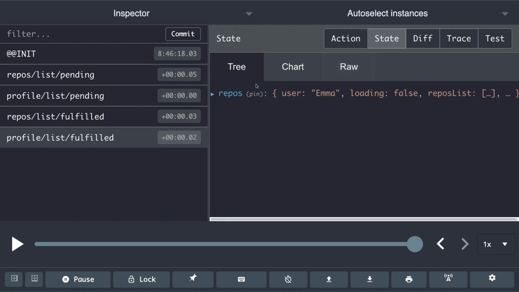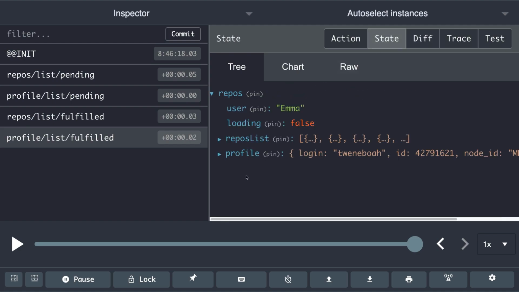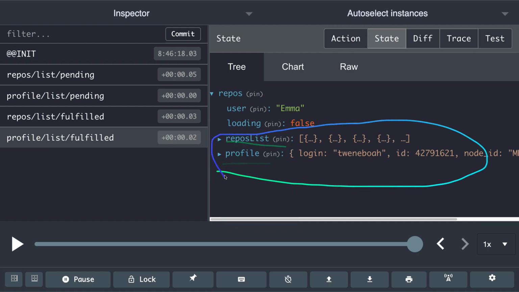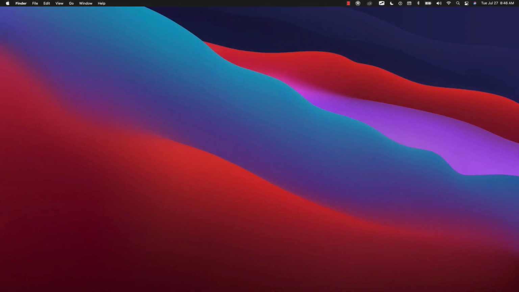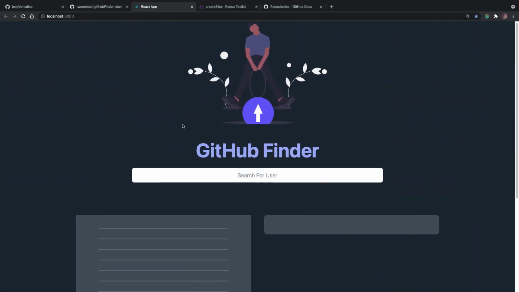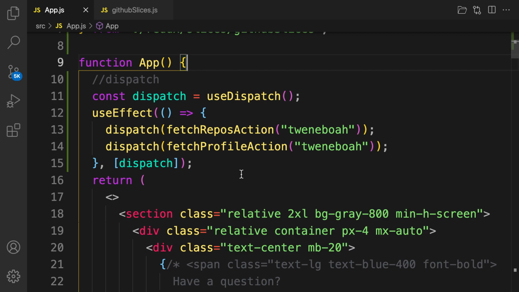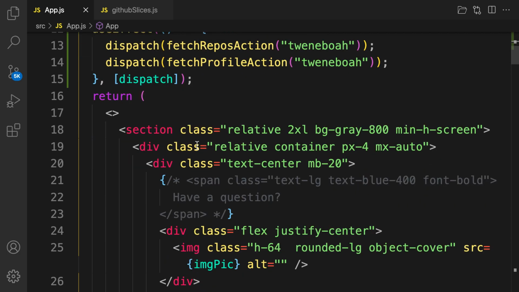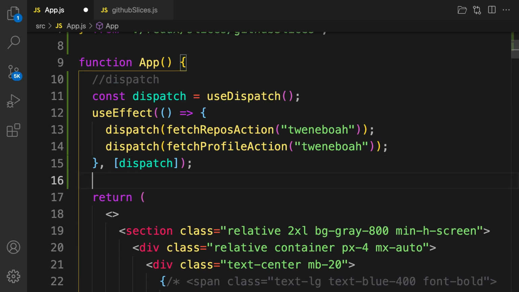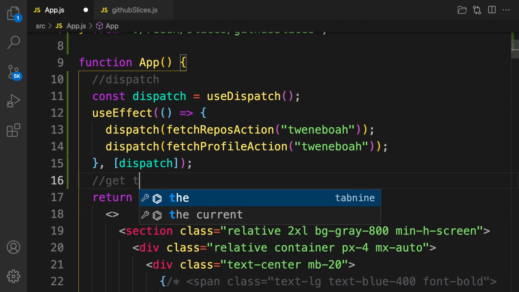If you go back to our state, we have two things: the profile and the repos. Therefore, we can use this inside our application, right? So let's get going. All right, so what we're going to do here is display those details. That's why I provided the placeholders for these. All right, so first, let's get data